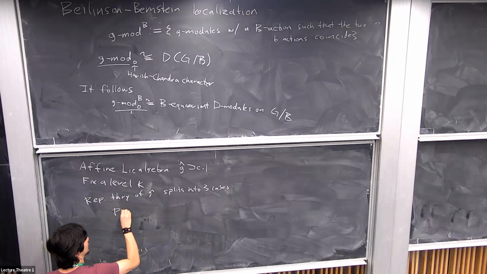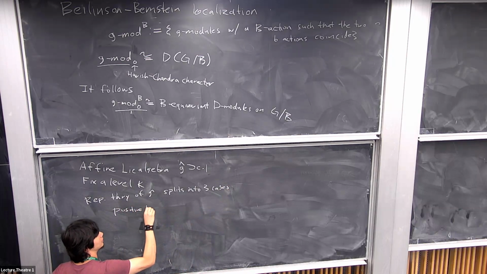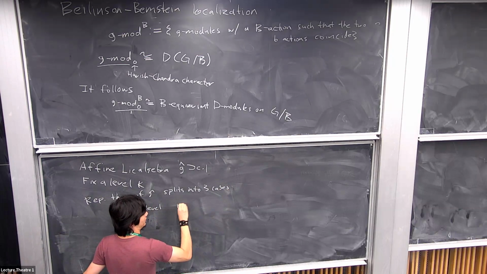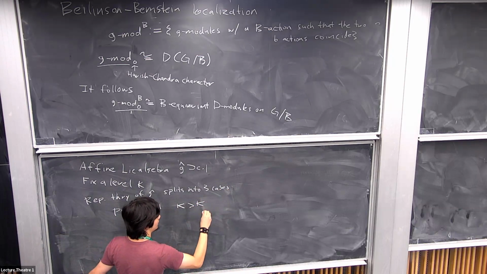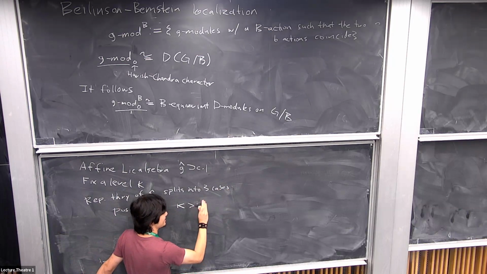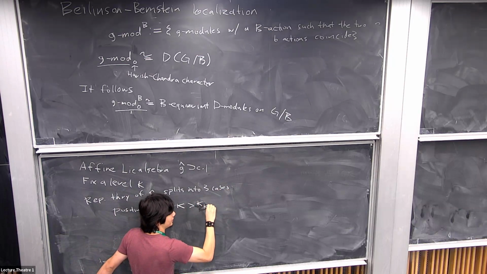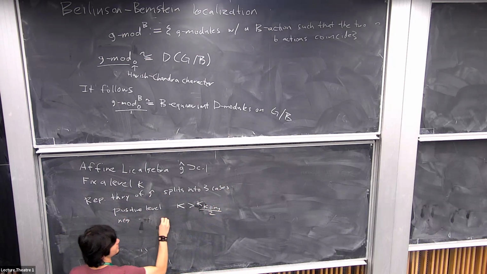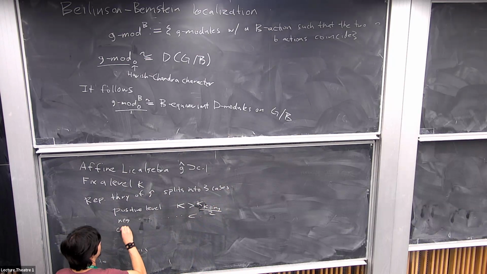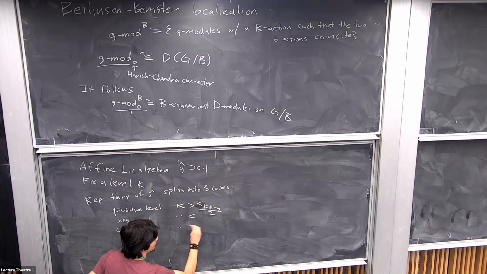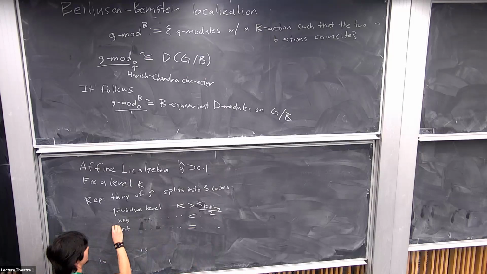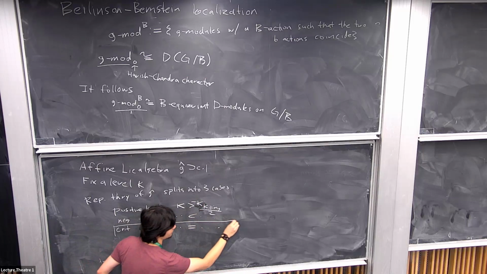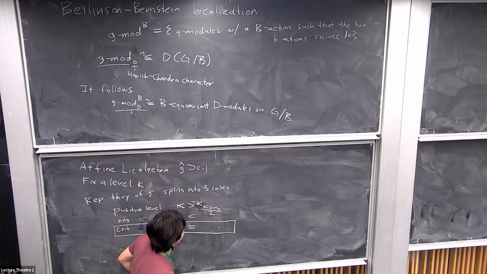There's positive level, which I'm going to write as kappa is greater than kappa critical, and I need to say what this actually means, but I'm just not going to worry about that. It's going to be greater than negative half the Killing form, negative level, which is the same thing but less than, and then critical level is the same thing but it equals. What's up? It's greater than negative. Yes, sorry. And the rest of this talk is going to focus on the critical level case, but let me just note that